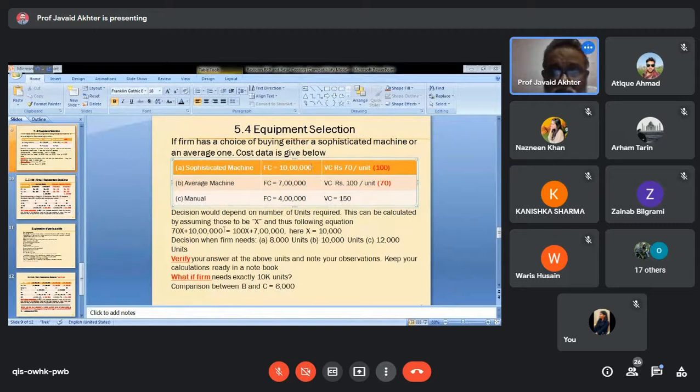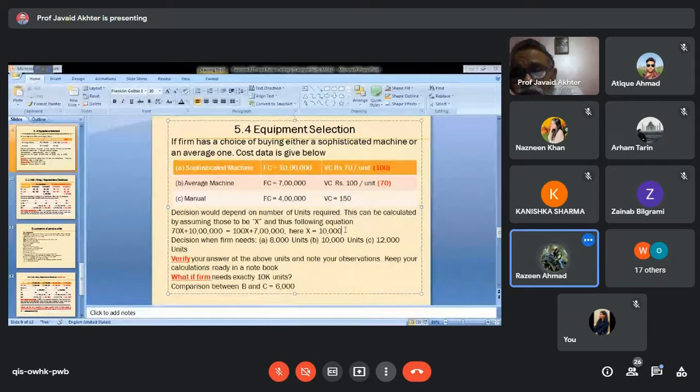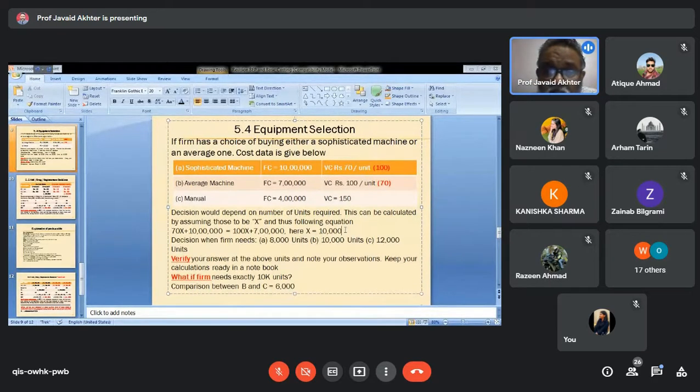For example, in this case, 70x plus 10 lakh is equal to 100x plus 7 lakh. Your X is equal to 10,000. At 10,000, the total cost of units of A and B will be the same. So if you need 10,000 units or more, which one will be desirable, A or B? Sophisticated machine, because each additional unit you produce, you will be saving rupees 30. And if you need less than 10,000,